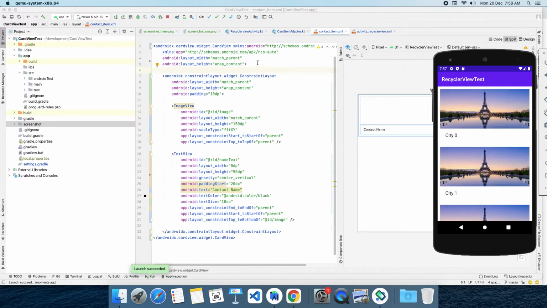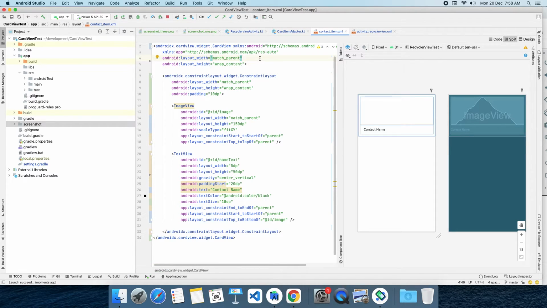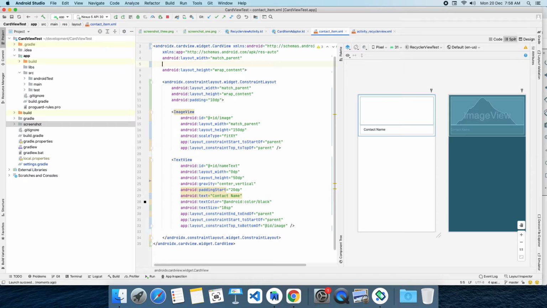We have applied a card view, but we cannot see that shadow, right? This is because we have not applied the shadow properties. Now we are going to give that property. What is the property? Card elevation. It is going to render the shadow.